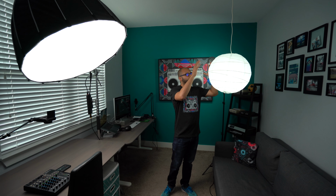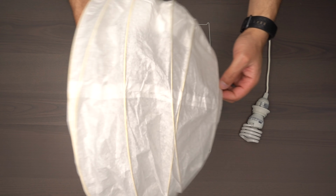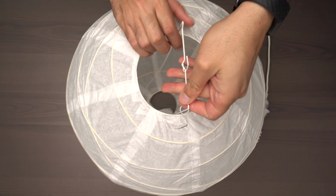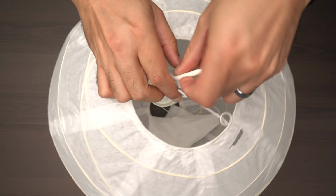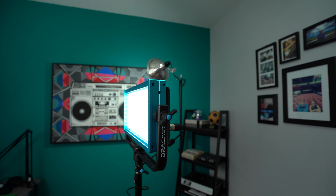The primary source of light that I use for many years, besides a window, which is perfect if you can get close to a window, but if it was nighttime, I would have to use something, and that something was one of these ball fixtures that has the tissue paper around it. I think one of the most inexpensive, best purchases you can make as a video person is one of these guys. It creates a nice diffuse, soft light around the subject,